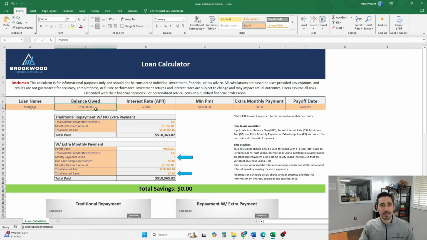The first thing that you're going to need to enter is your balance owed. Again, you just get this from your last statement, either in paper form or online. If you can't find your last statement, you can always call the lender that holds this loan or this obligation for you, and they'll be able to provide real-time data on all of this information as well. So balance owed goes right here. Your current interest rate, whatever that is, whether it's 6%, 6.5, 2%, 10%, whatever that is,